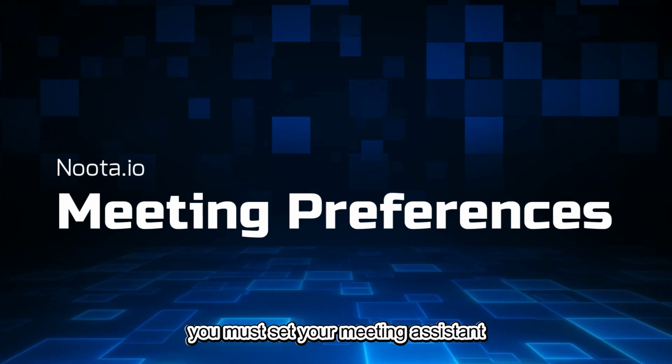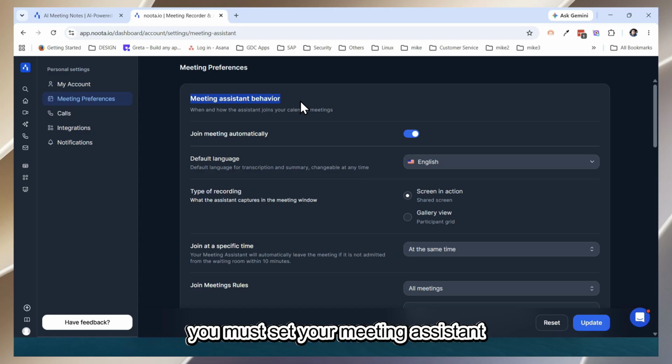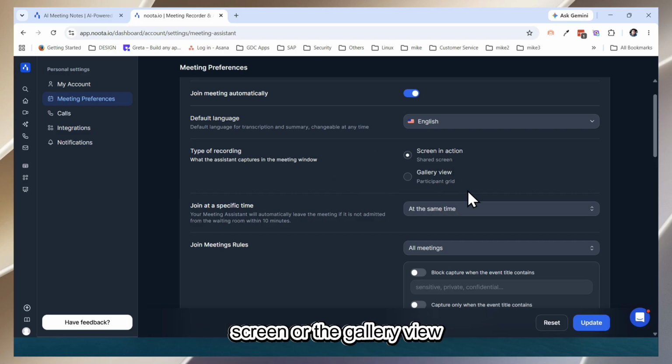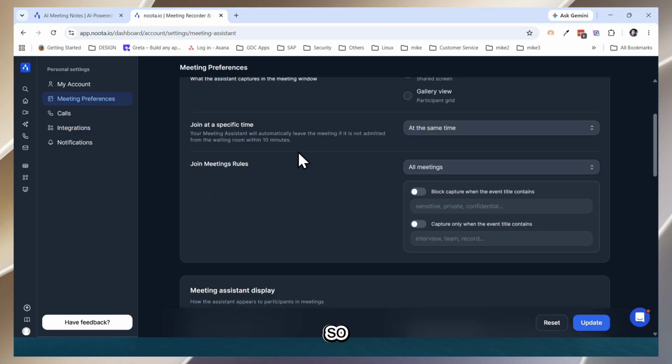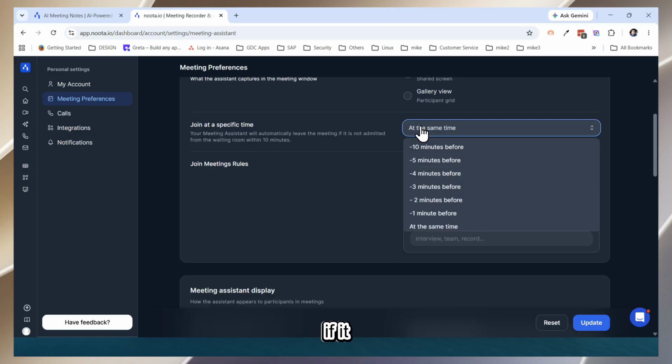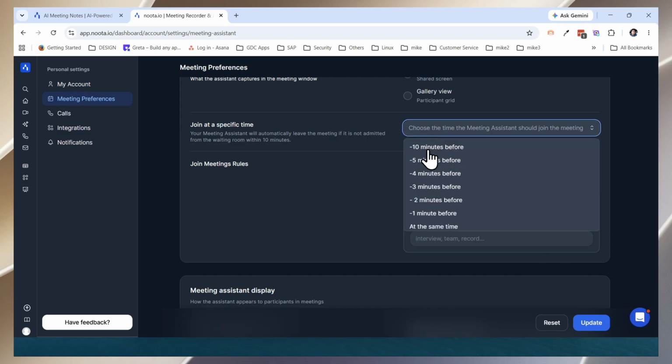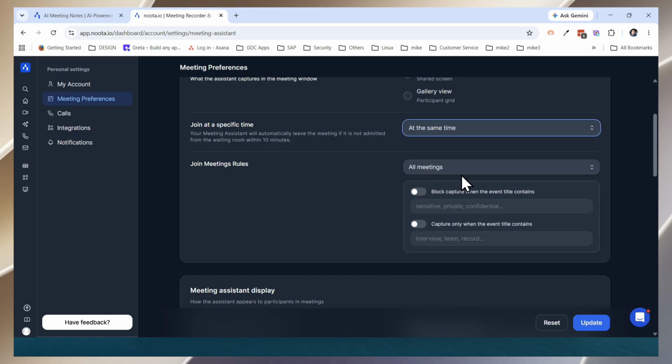So you must set your meeting assistant if it joins automatically, the default language. So what type of recording, if it's a shared screen or the gallery view. So if it would join at a specific time, so maybe same time, and then if